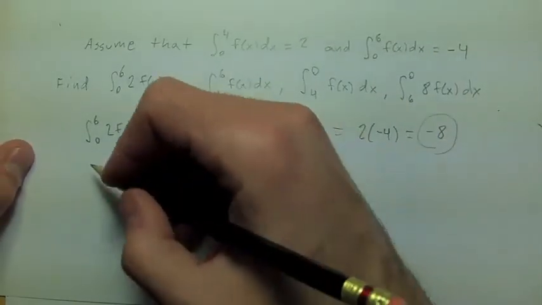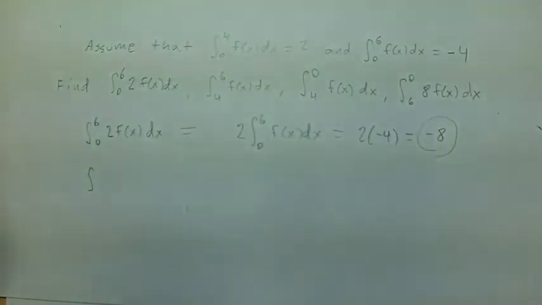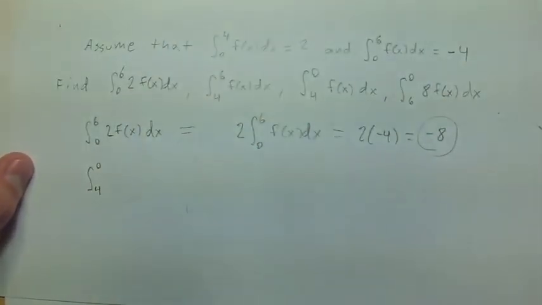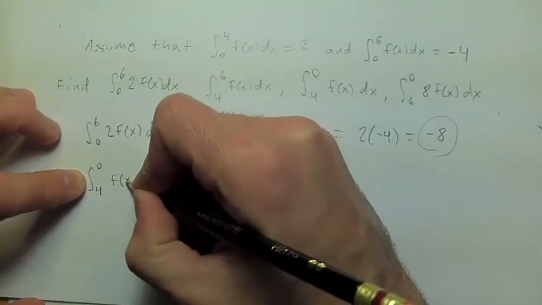This is explained a lot better in the next section, but since your book is going to ask you questions about it, we might as well go ahead and talk about it now, and I can explain it next time. When you go from 4 to 0,